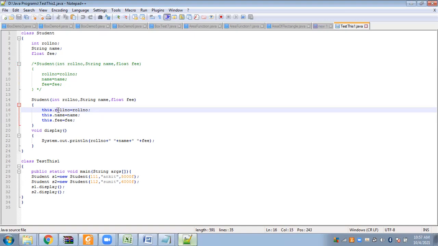The roll number, name and fee that have the this keyword in front are the class instance variables, and those which do not have the this keyword are the formal arguments. This way you can differentiate between them, and the rest is the same. There's no difference as you go through the program once.